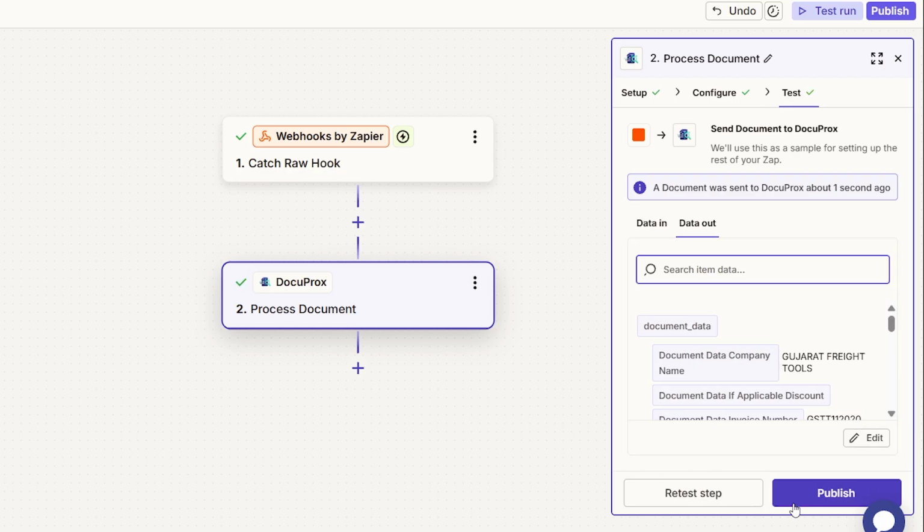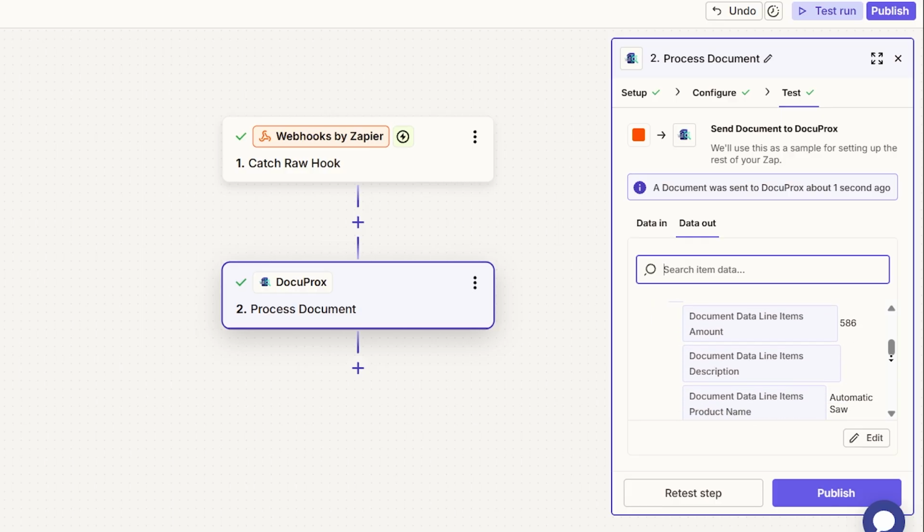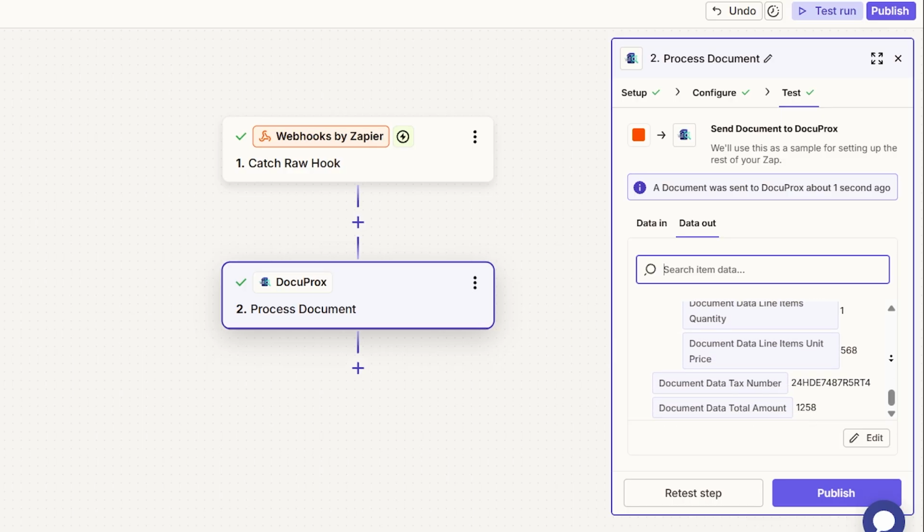And there's our result. DocuProx has successfully processed the image and extracted all the data, the invoice number, the date, the line items, the total amount, and other details, all neatly structured. And that's it. Now, anytime a file is sent to our webhook URL, this Zap will automatically run, saving us time and ensuring our data is